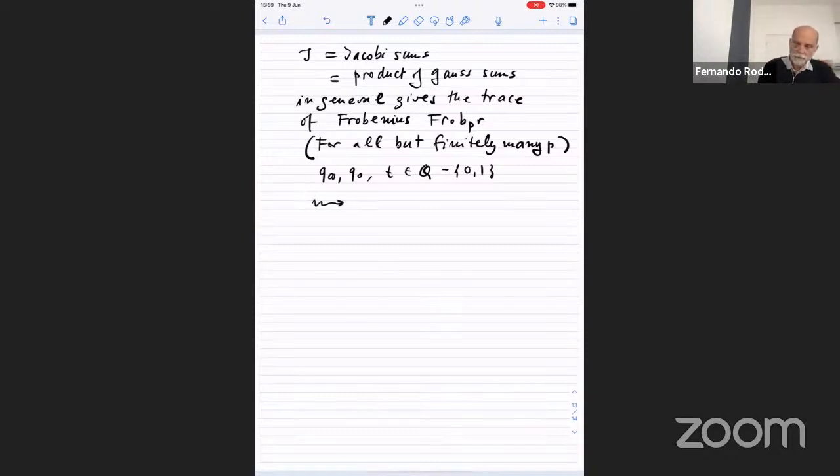They give rise to this motive. Whatever that is, an object that has both a sort of complex life and an arithmetic life. And the arithmetic life is one in which for all but finitely many primes,